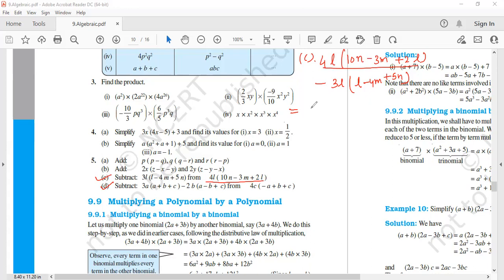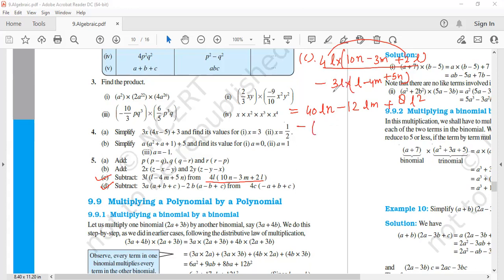Okay. So firstly simplify this one completely. So 4L will multiply with 10N, that will give you 40LN, minus 3 4s are 12LM, plus 4 2s are 8L square. Okay, 4 2s are 8L square, because you know that there is a multiplication sign, it's an obvious thing.